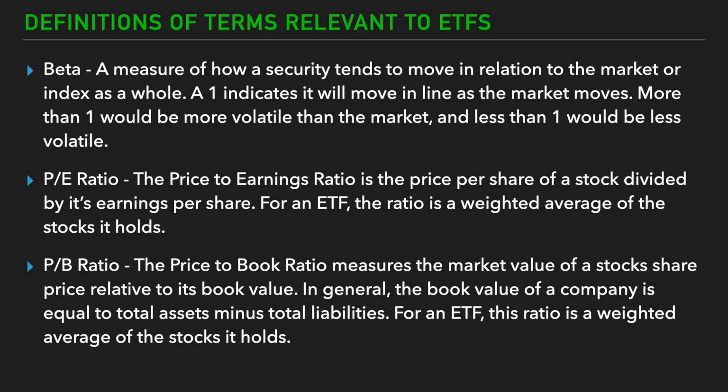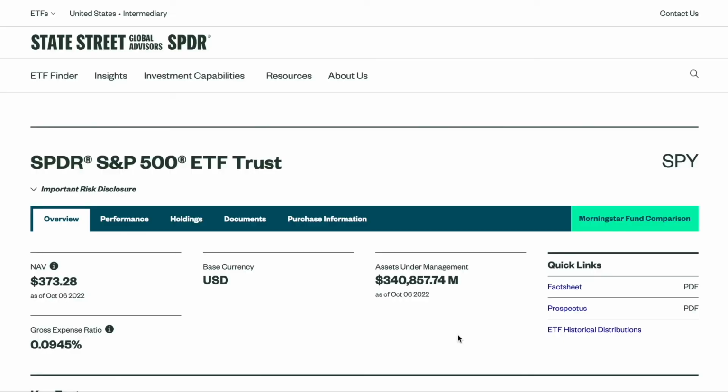So it's great to compare and contrast different PE ratios or PB ratios from different stocks and ETFs, in this case, just to get a sense of where it may be heading, or where it's been heading in the past, and what's been going on in the past can sometimes determine what's going to happen in the future. All right, now let's look at an overview of the first ETF that was available in the United States,